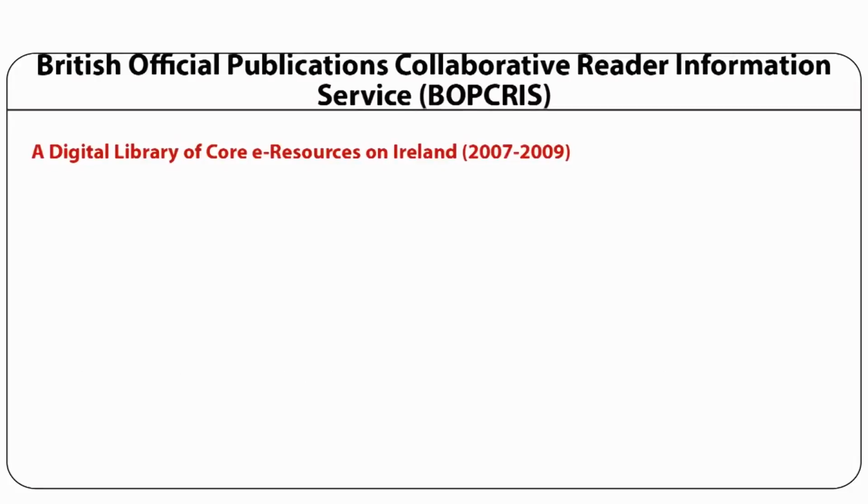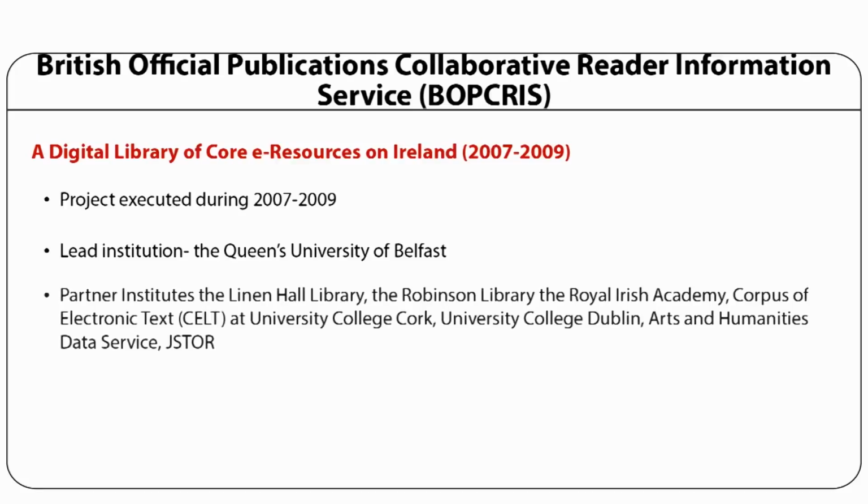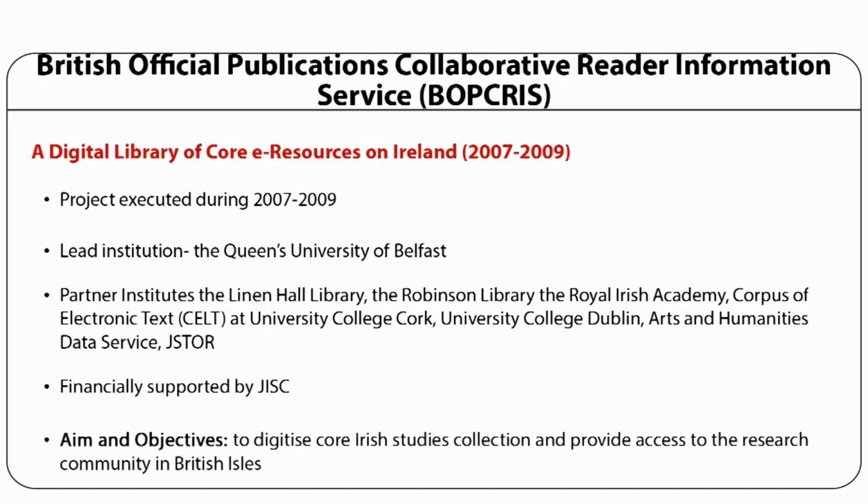Digital Library of Core e-Resource on Ireland. A digital library of core e-resources on Ireland was a digitization project developed during 2007 to 2009, led by Queen's University of Belfast, and other partners were Lennon Hall Library, the Robinson Library, the Royal Irish Academy, Corpus of Electronic Texts at University College Cork, University College Dublin, Arts and Humanities Data Services, JSTOR, and financially supported by JISC. The major objective of this project was to digitize the Irish core collection and provide access to the research